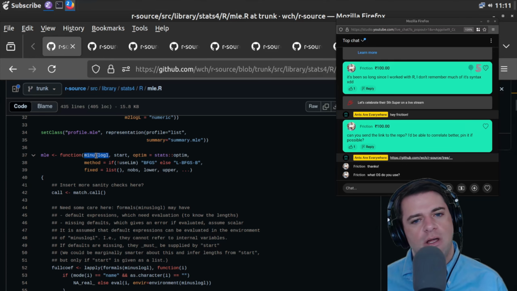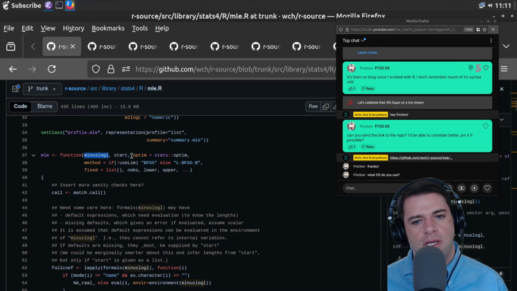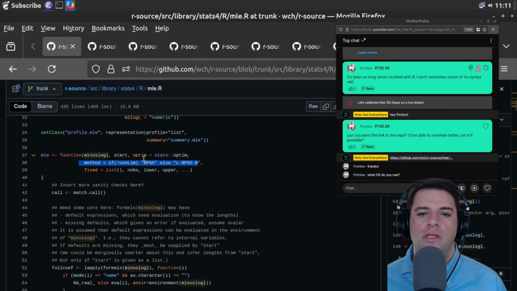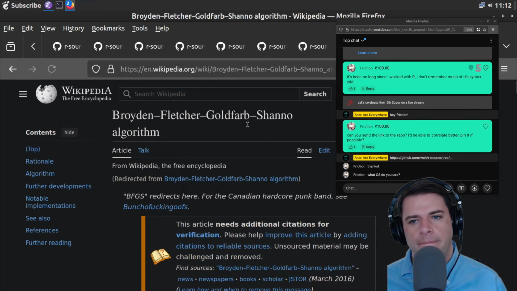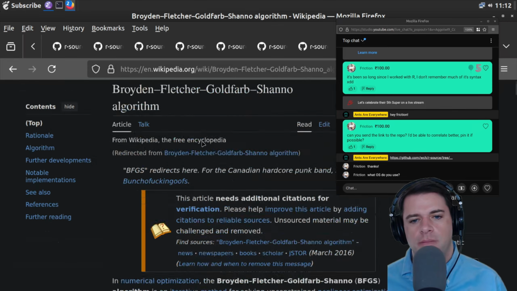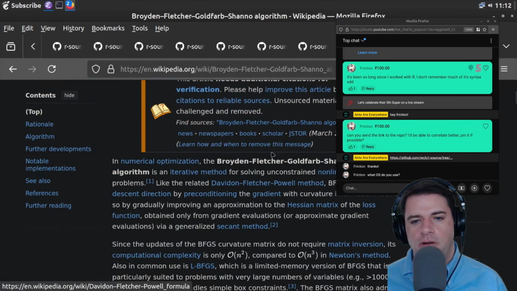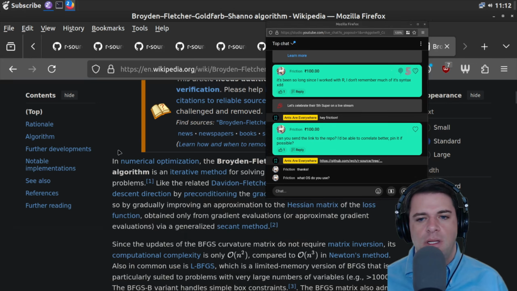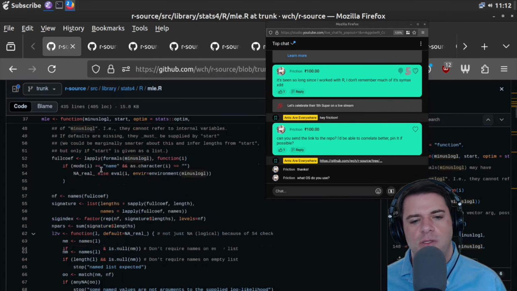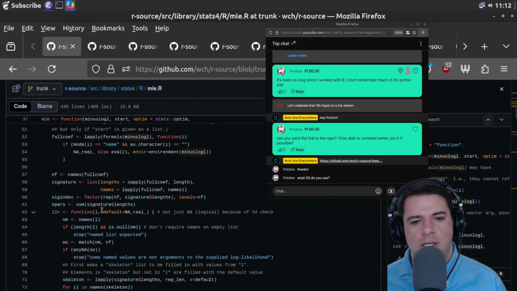The first argument is minus log L. Then we have start. The optim is some optimizer, stats optim. And method, if use lim, then the method is BFGS. Else it's LBFGSB. I don't know what BFGS is. Broyden-Fletcher-Goldfarb-Shanno algorithm. It's a numerical optimizer for solving unconstrained nonlinear optimization problems. Okay, which, that's a pretty generic set of problems, I think. All right, and then